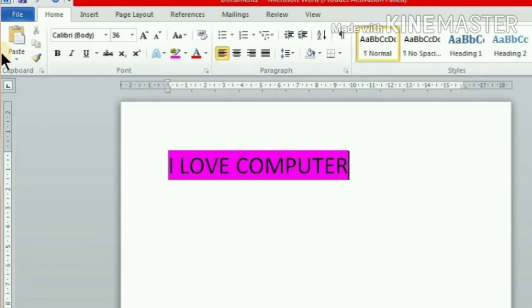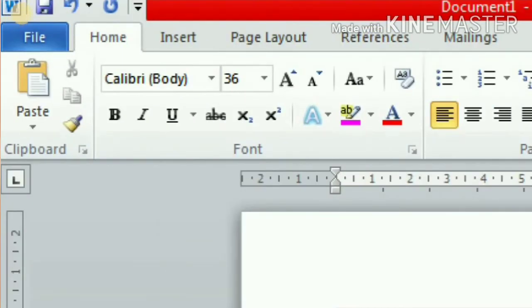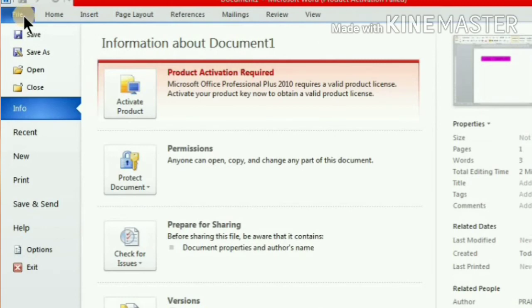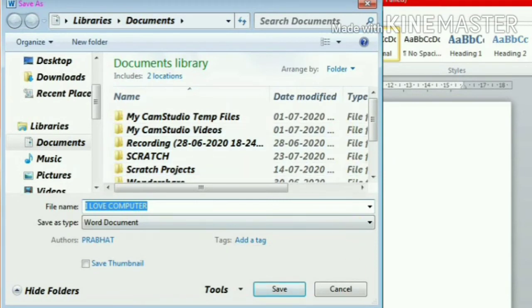Now we are going to see the steps to save the file. Select File, that is the File tab, then click on Save. As you click on Save, the Save As dialog box opens. Can you see this?